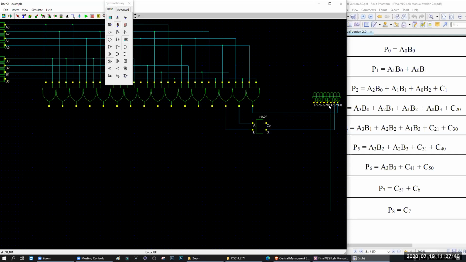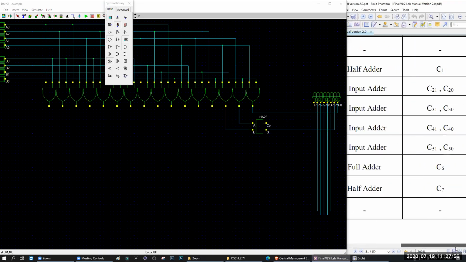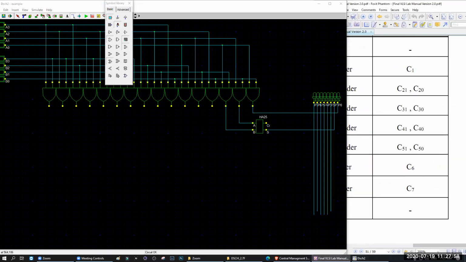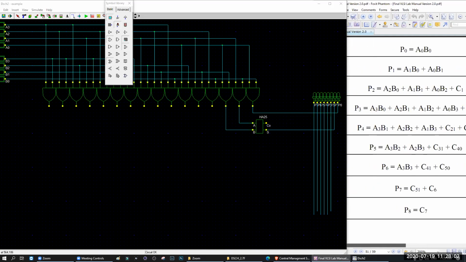So I'm going to draw some line. Then we can later delete them if we need. Okay, so that is your P1. Now carry, however, carry should be saved. The carry is C1. We will call this one C1. This C1 will go to the next stage, right? Next, P2.